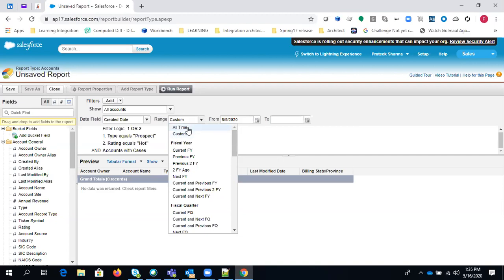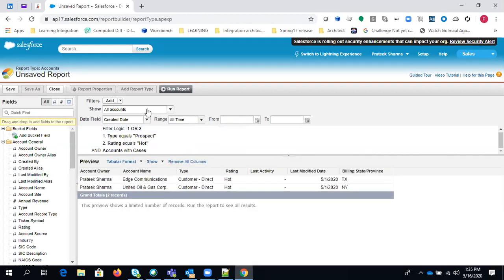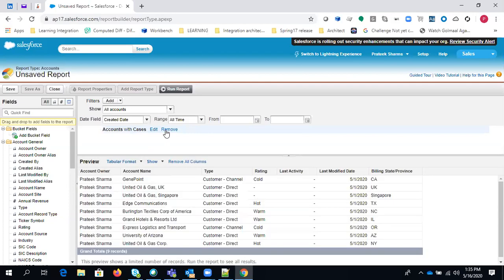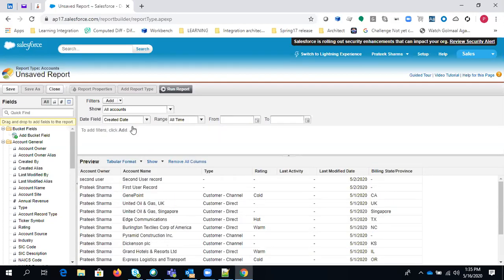Right now I'm just selecting all time. As we can see, there were no accounts related to that. Let's just remove these filters to get some data so that we can discuss the third part. So I have selected the date field as all time, so it will give all the accounts here in this preview section, irrespective of the created date.